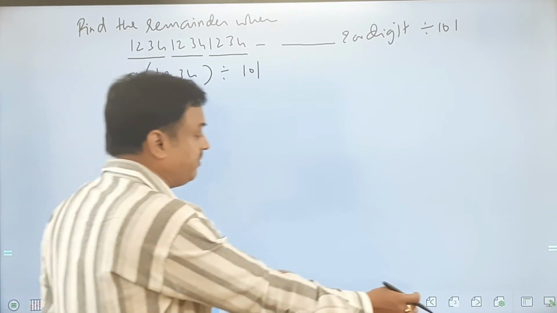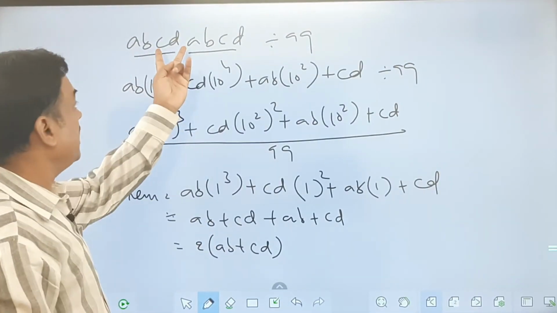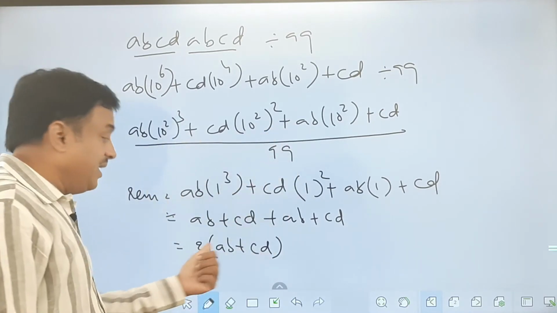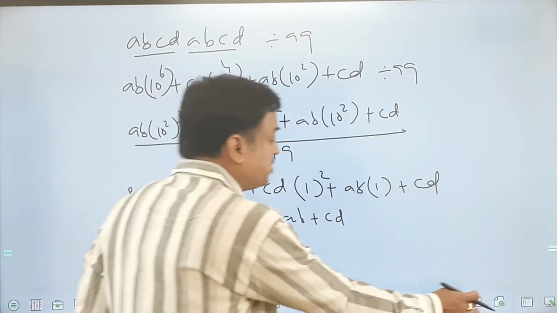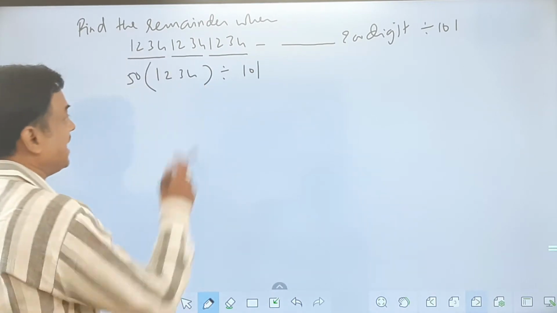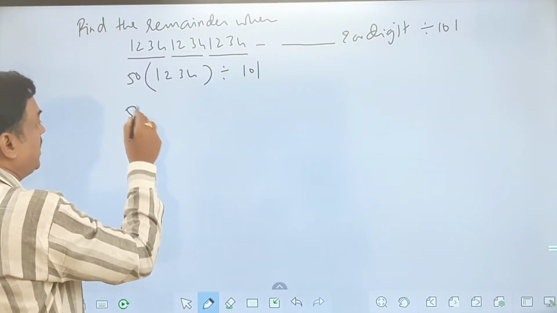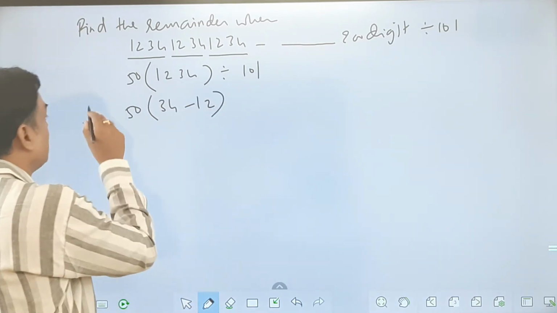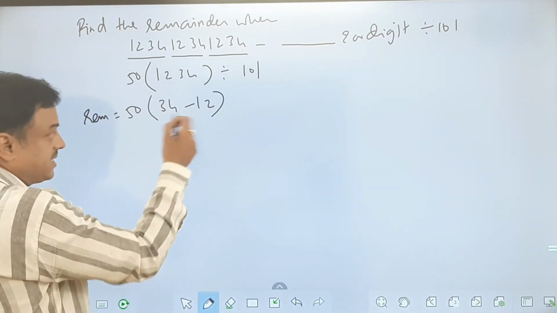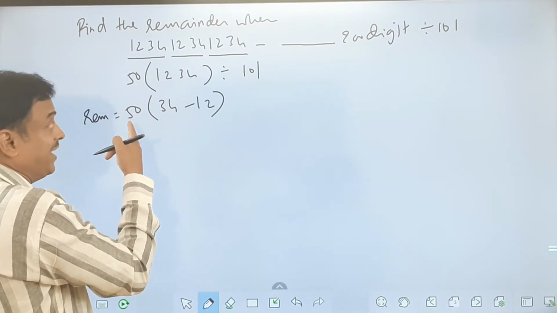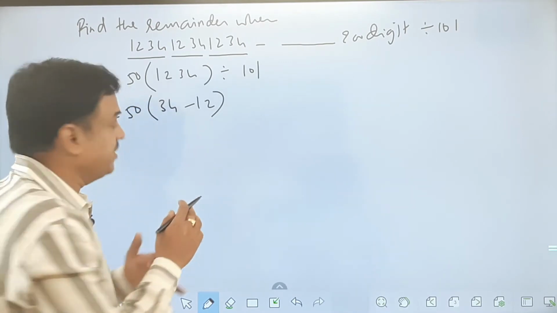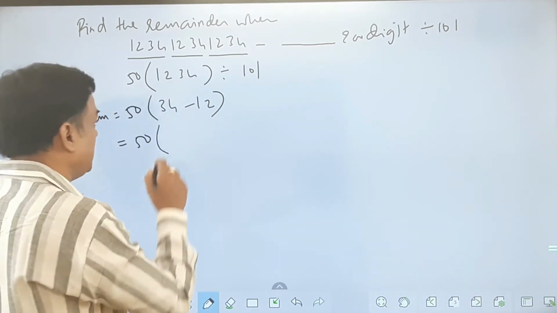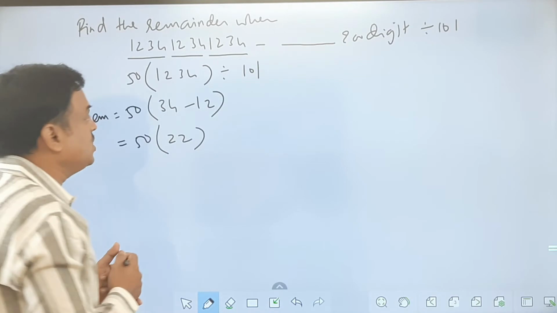You observe that in the previous step. Here you see, when I had 2 times, I got 2 times of something. When I had 3 times, this will be 3 into something. If it is 50 times, then it is 50 times of something. So I can do something like this. And then when I divide by 101, a quick note which I found here, 34 minus 12 is what I get as a remainder. And this remainder will be for how many times? 50 times. So earlier itself I wrote 50 times here. So this will be 50 into 34 minus 12, which is 22.